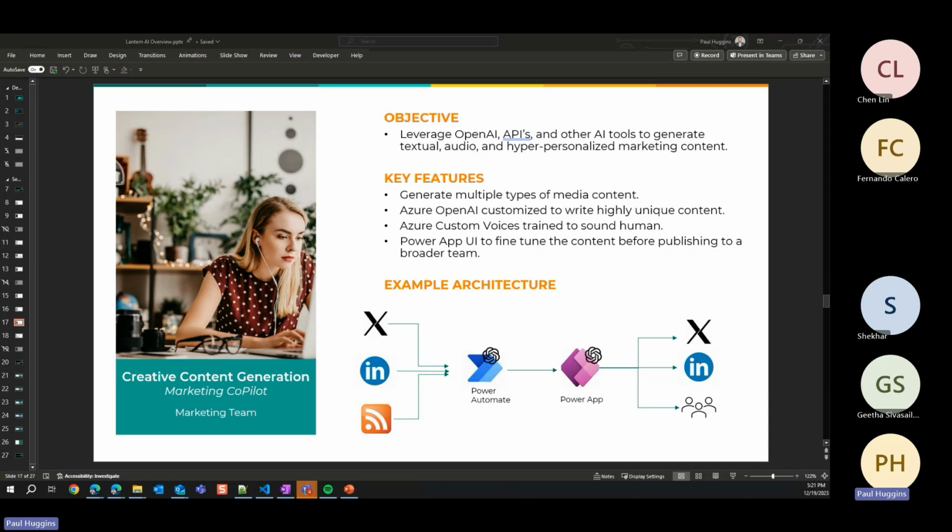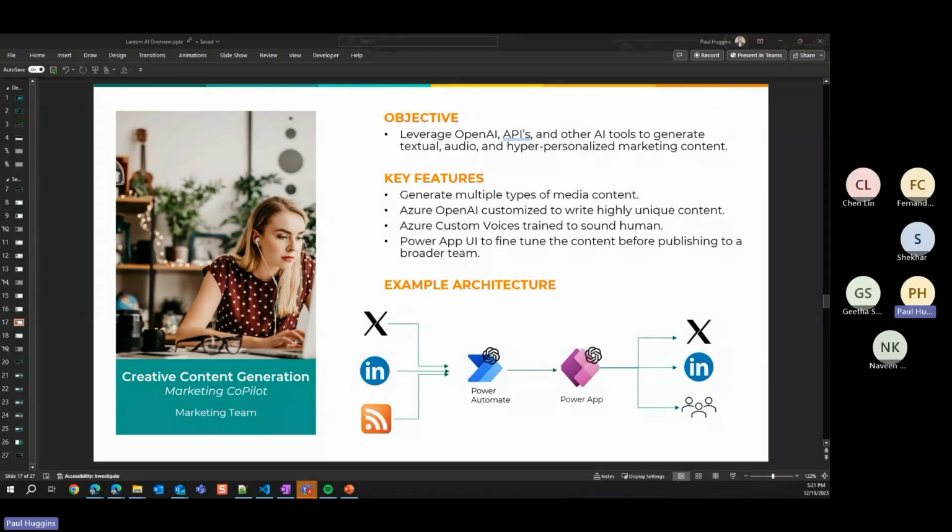Use some Power Automate flows to essentially filter through that and say, is this relevant to me? Is this interesting to me? Catered to each one of us here at Lantern. And then from that, take the output of that and send everything to a Power App that sits on top of a database, where we can then go in and craft content for LinkedIn or Twitter or whatever we're really wanting to generate content for, through a UI in